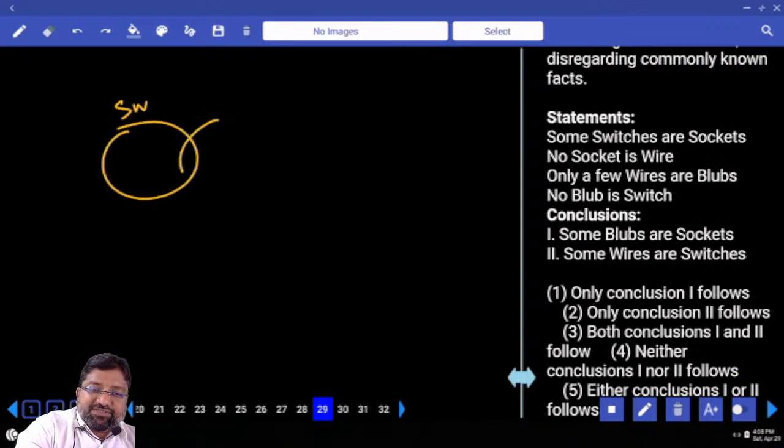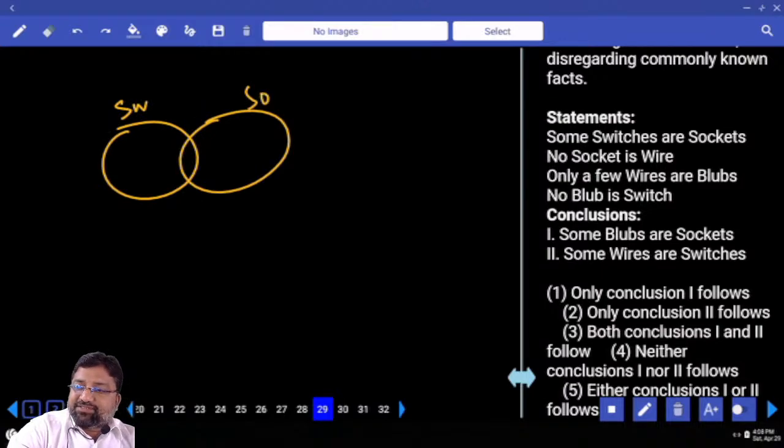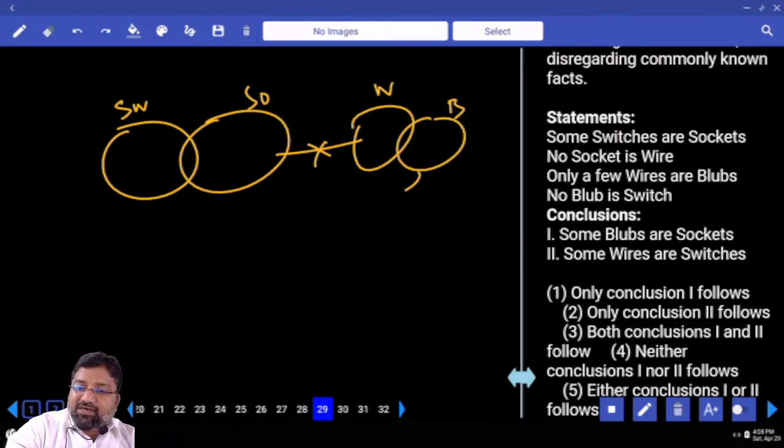Some switches are sockets. No socket is a wire. Only a few wires are bulbs. No bulb is a switch. No bulb is a